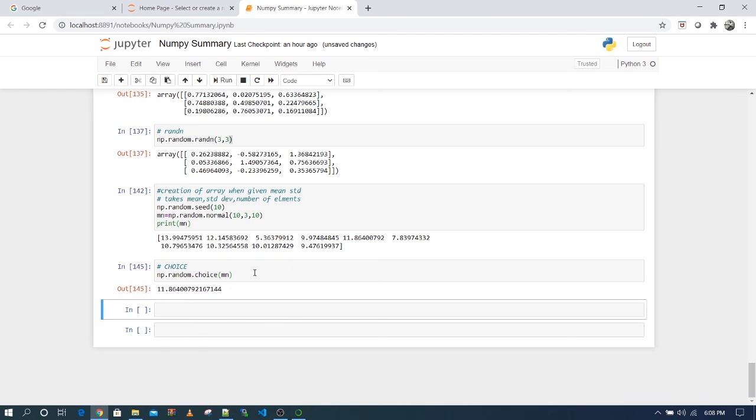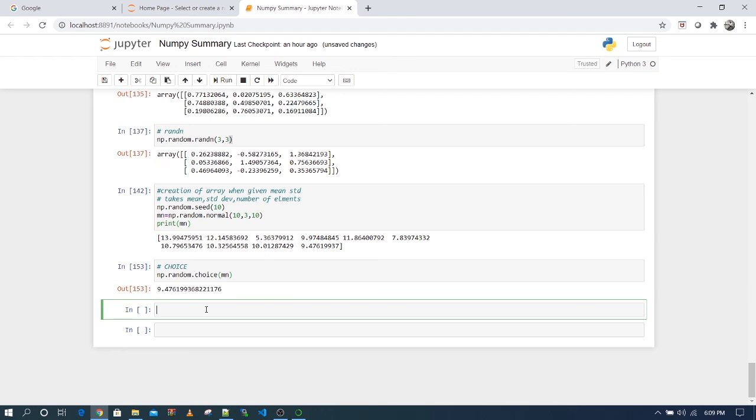So it will only provide me the values from that list only. So it will be useful when you need random number generation and you don't want your random number to be generated outside a certain boundary, then you need the choice method. I hope you get the idea of it.